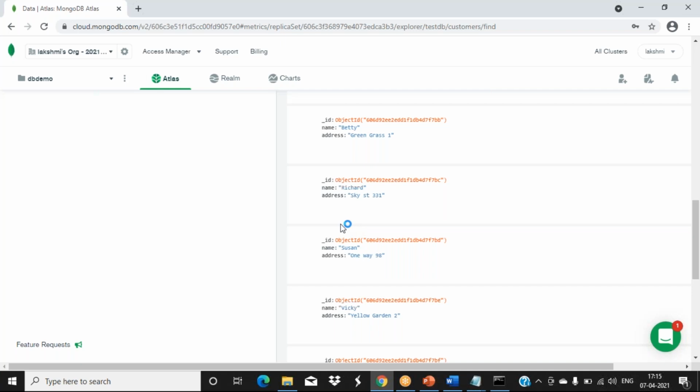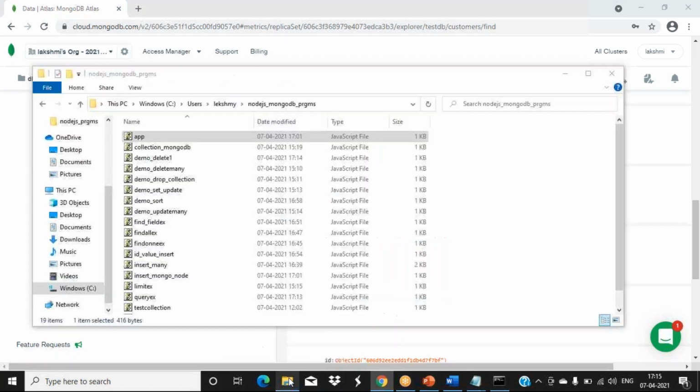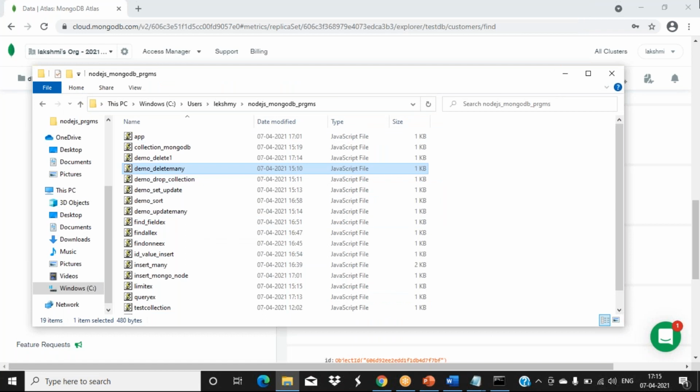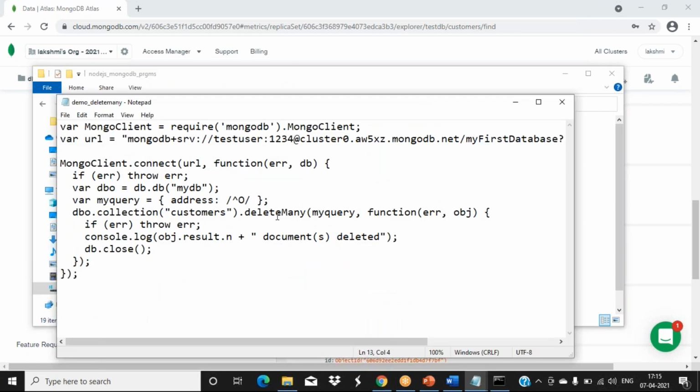If you want to delete everything that matches the search value, then we have to use the delete many option. Here we are telling that wherever the address starts with the letter O, we have to delete it.